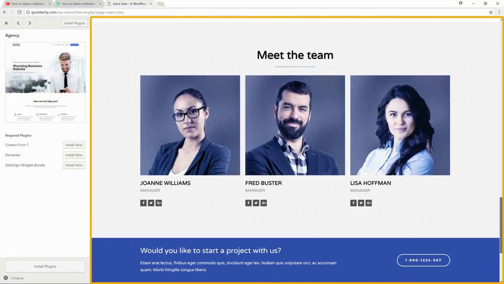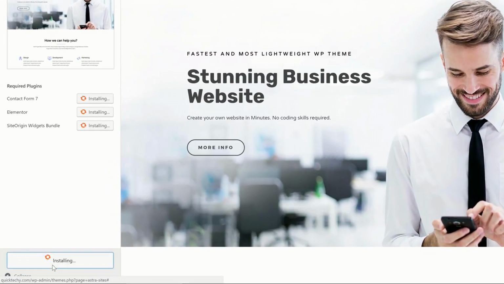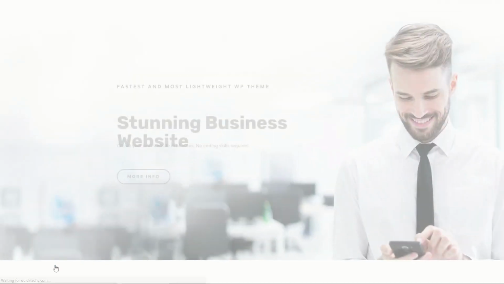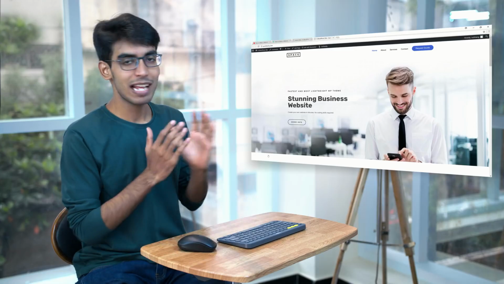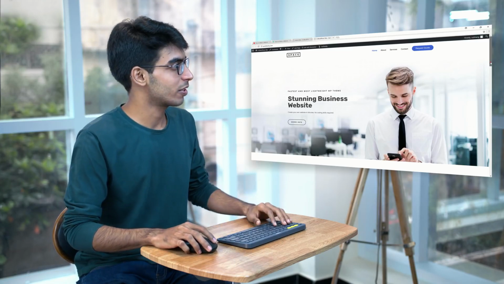If you want to apply this design to your site, just click install plugins and then click import this site. Now the design and the demo content will be imported into your site. Once it's done, we can now see the site. So let's click view site. Okay, so as you can see, the demo has been imported into our website and this is how it looks.